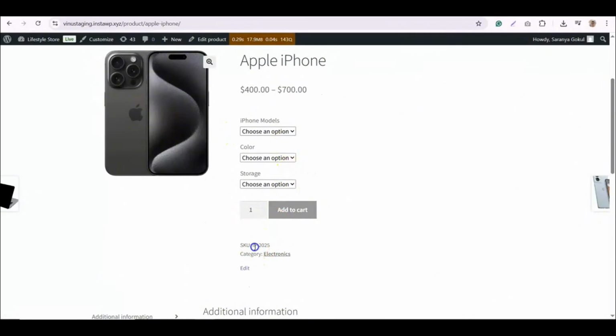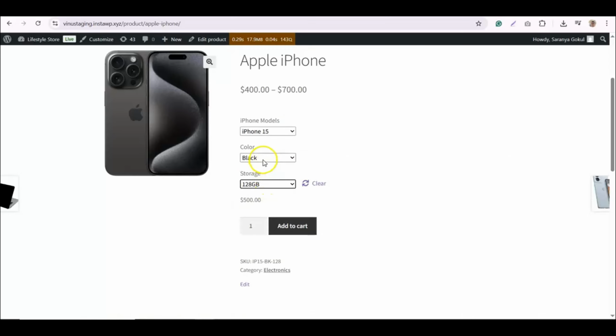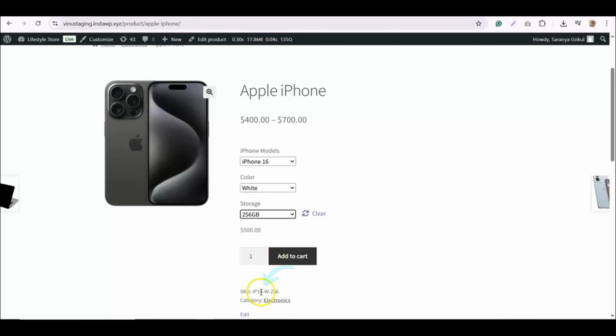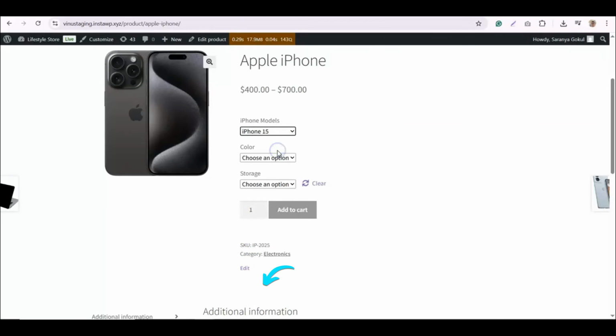When you first load the product page, the parent SKU appears. The moment a shopper selects a specific combination, the SKU instantly updates to the variation SKU. For example, picking iPhone 16, white, 256 GB switches the SKU to that variation, and changing to any other variation